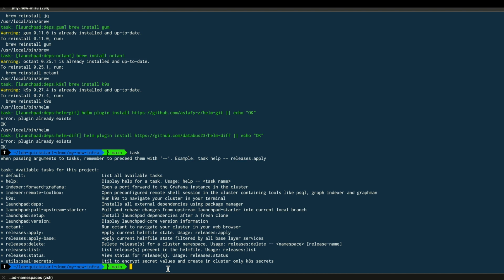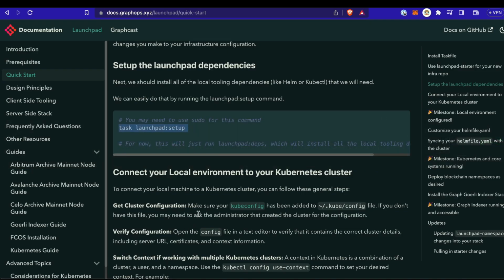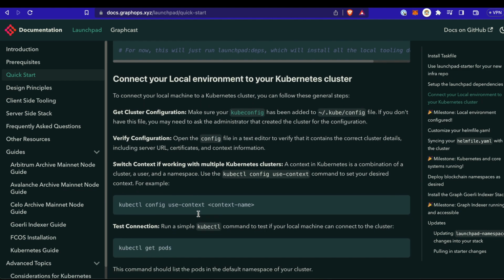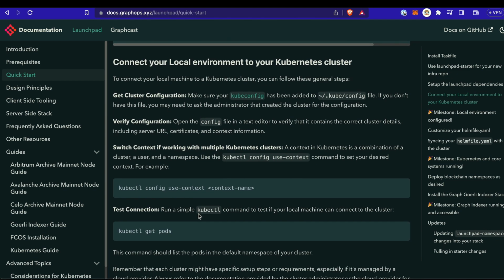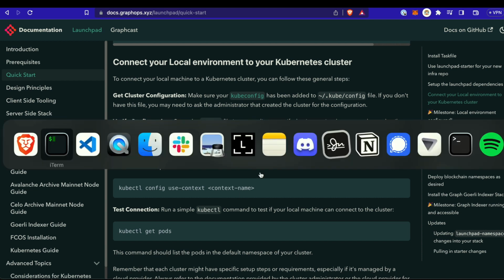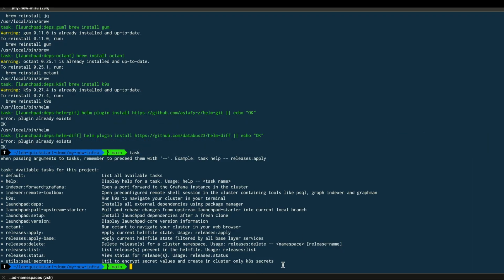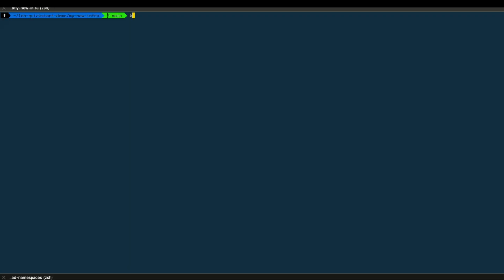All right, going back to our guide, the next thing would be connecting your Kubernetes cluster with your local environment. So you have some instructions on how to do that. I have gone ahead and have already done that, and I can show you how I've done that by running kubectl